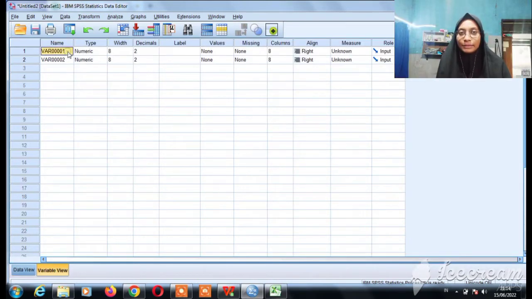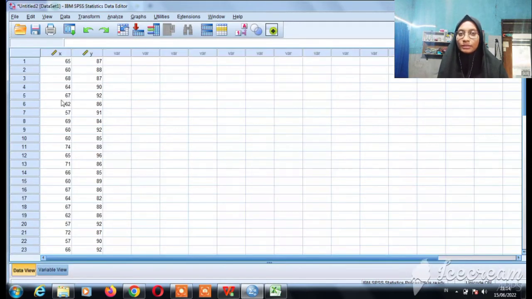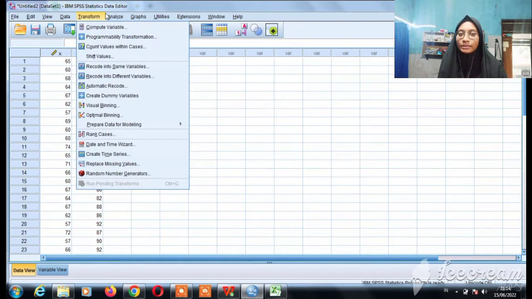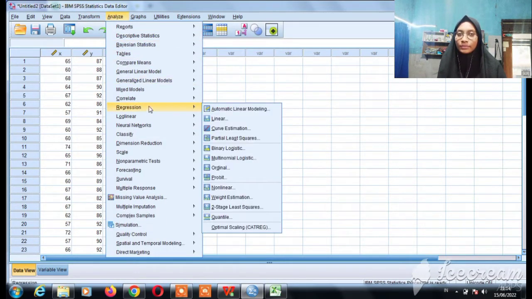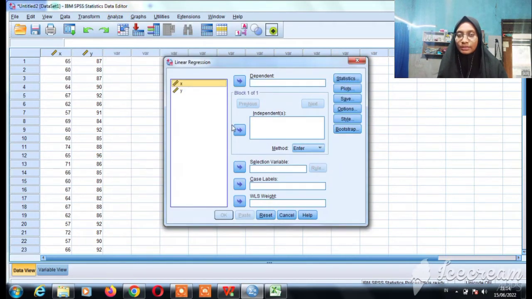Change the variable names. Then we change the decimal to 0. So we return to data view, then click Analyze, select Regression, select Linear, then move X to independent and Y to dependent.